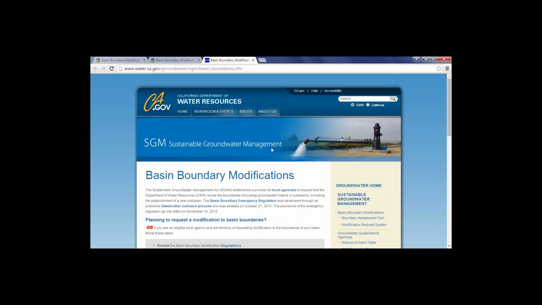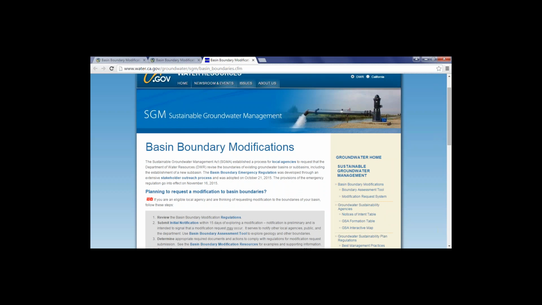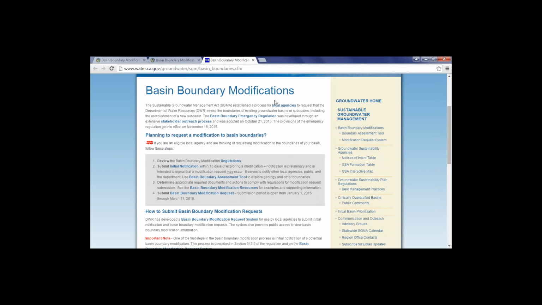So currently, I am on the DWR website, and what you can see right up front is a very clear stepwise procedure for local agencies to follow to comply with the regulation. Within this step process is a series of links: one to the specific regulations, the final regulations; two to the Basin Boundary Modification System to provide initial notification,